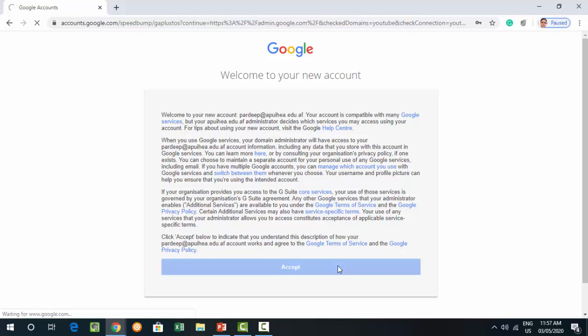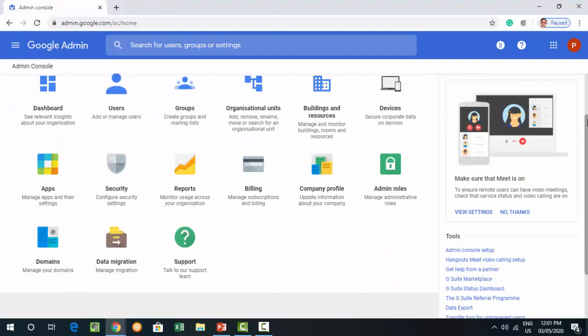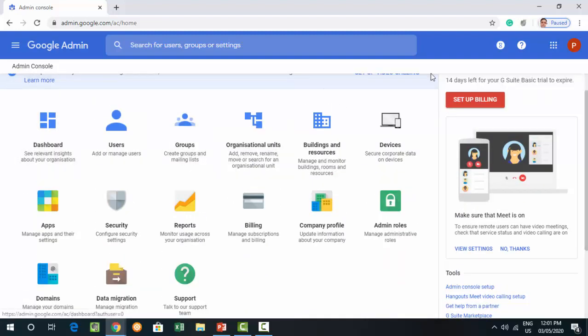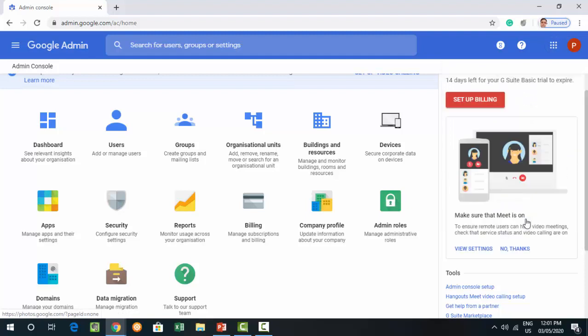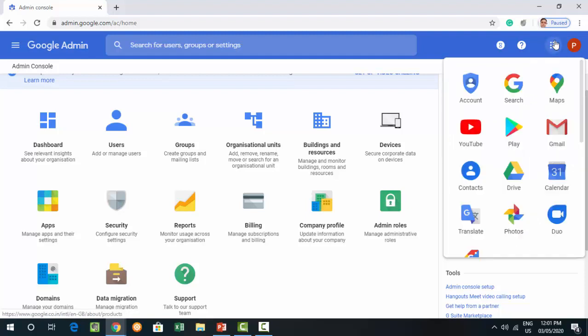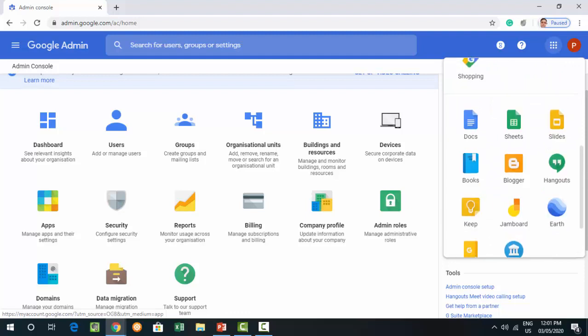You can see that when you enter the password, the system will ask you to set up an admin console over here. You will see that all the features and the control panel are displayed here. If I go over here, you will see Google account information, Play Store, Calendar, and other features coming. But right now Google Meet is not showing because I have not verified the account. Once you verify the account, only then will you get the Google Meet option in this account.